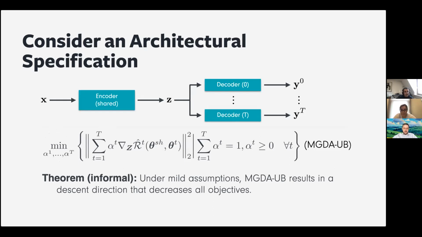So at this point, we propose an approximation, and the approximation is this. Instead of finding the weights in the space of shared parameters, you can find the weights over the gradients with respect to the shared representation Z instead of the network parameters theta. This is good because with a single backward pass, I can compute all gradients. But then this is an approximation, and does this approximation hurt you? In reality, it doesn't. And we prove that if you do this trick, you are still guaranteed to reach Pareto stationarity under very mild assumptions.